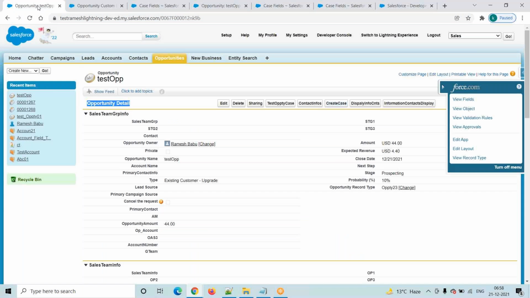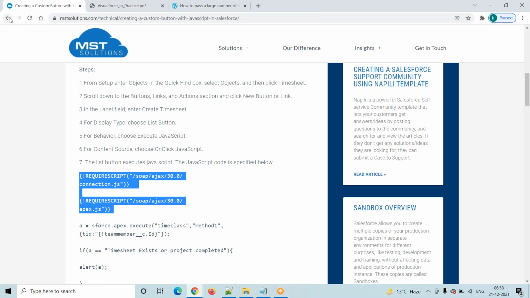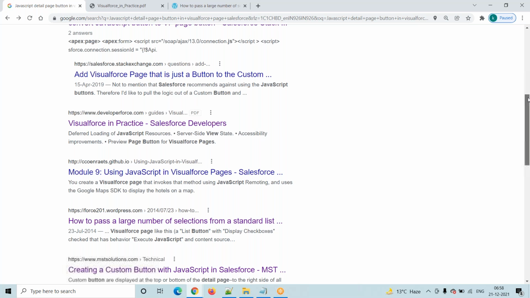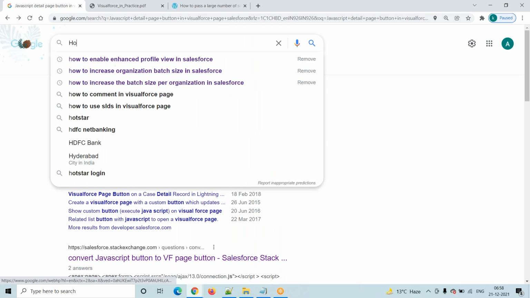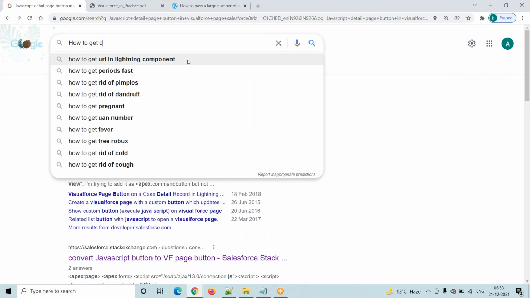Now coming to how we develop our JavaScript button. Click on this Create Case. What are we getting? We are getting this dialog box, right? Now again go to Google and search how to get a dialog box